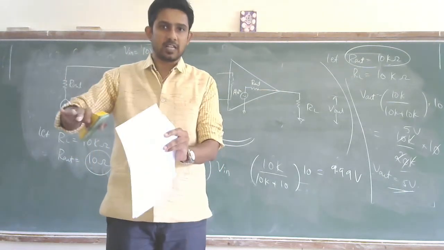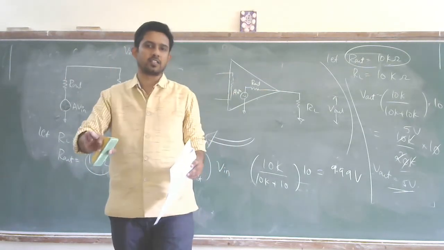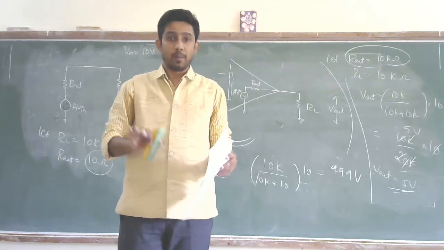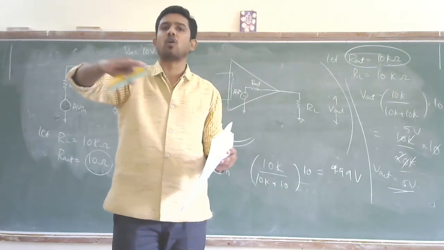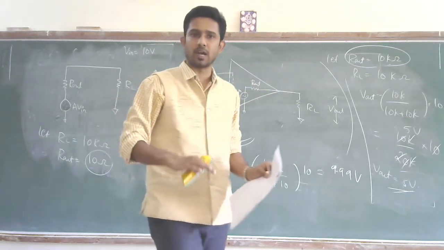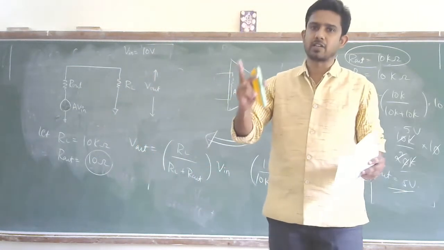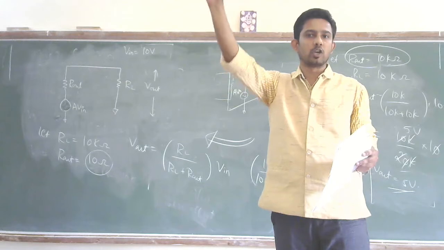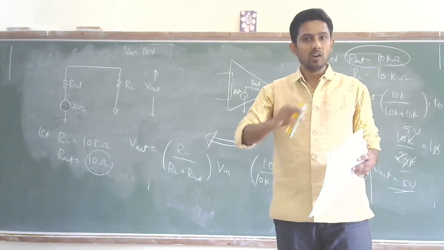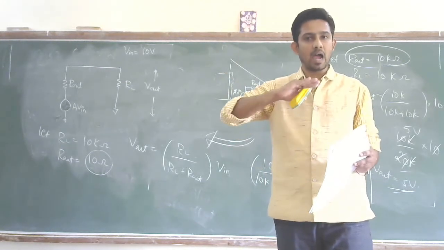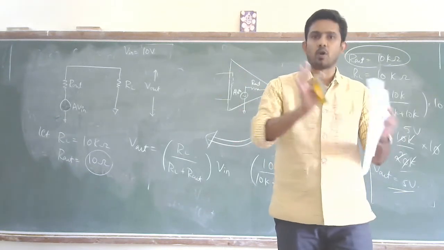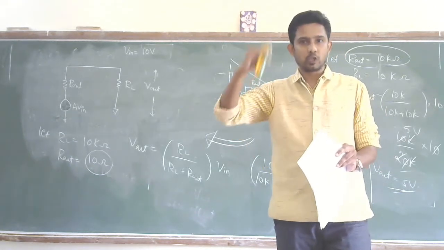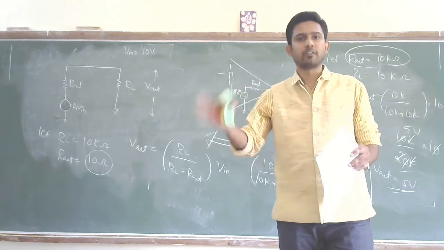Though gain is less, by using feedback, one disadvantage is that the gain comes lower. But that is fine. Even though the gain is lower, it will be stable for a longer duration of time. Because normally, when I consider a complex circuitry, having high gain is not as important. I need the gain to be constant. I should have the gain retained constant forever while the circuit is operating. If the gain is fluctuating, my output will also be fluctuating.